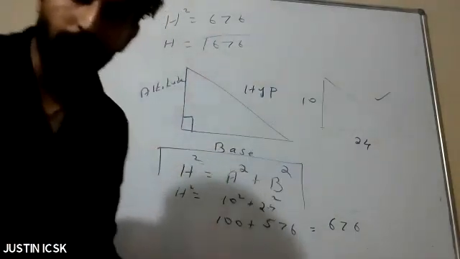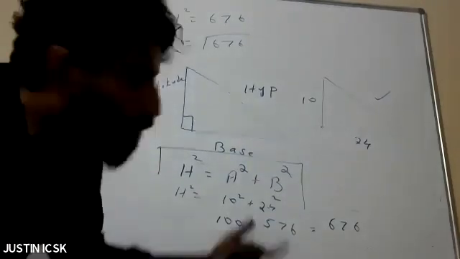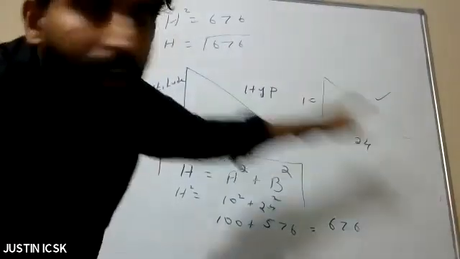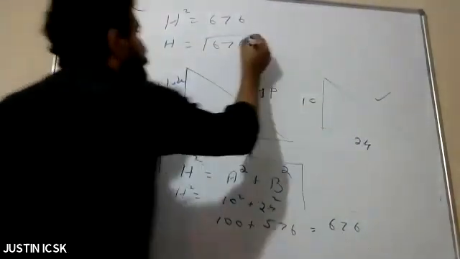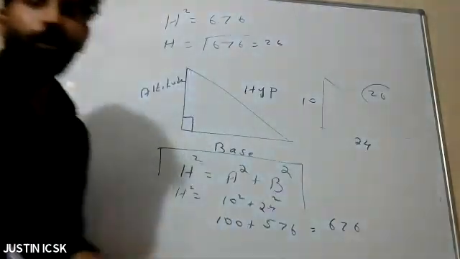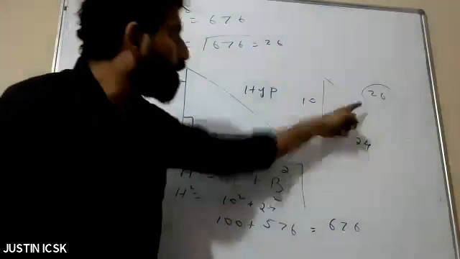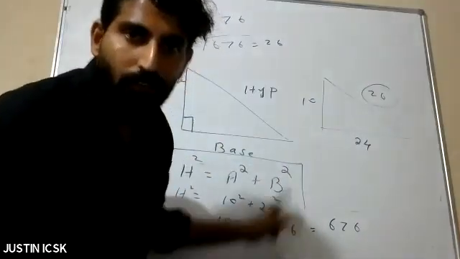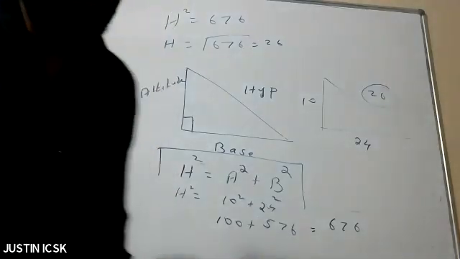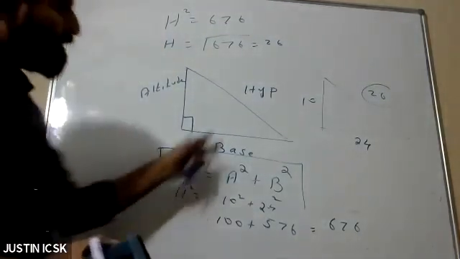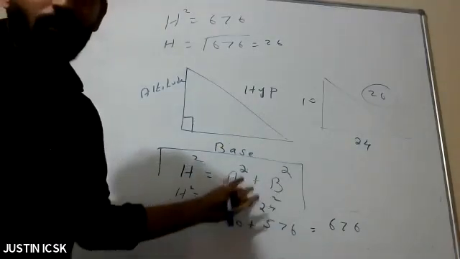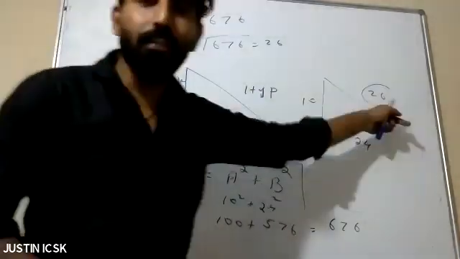So now we are going to study how to find these numbers. If we see the one number itself, how are we getting these? So the root of 676 will get 26. Now we are going to study, without using Pythagoras theorem, how we will get these numbers within a second. These are all your class portion, that's why I'm just going fast. Now we are just doing how to get these numbers very quickly.